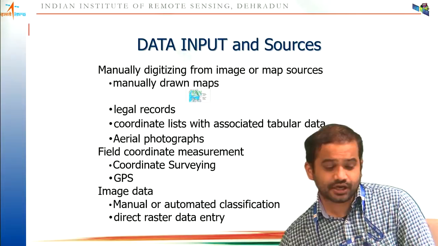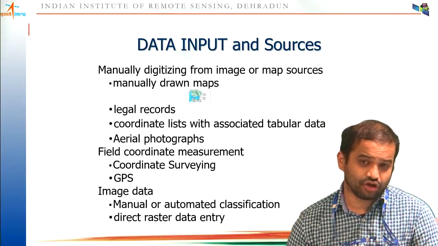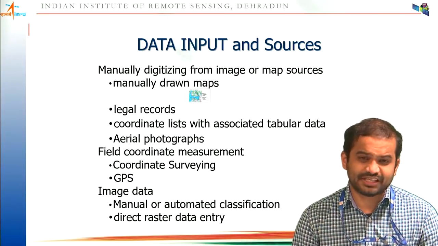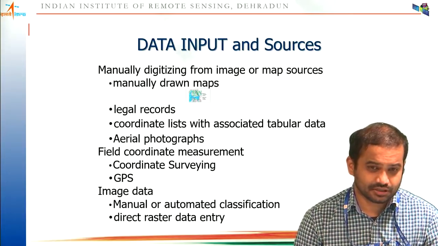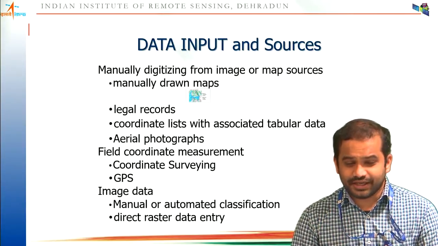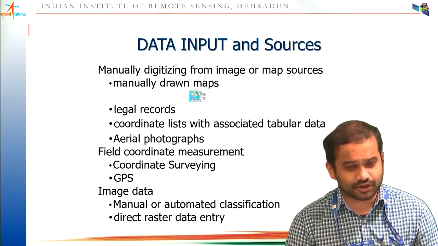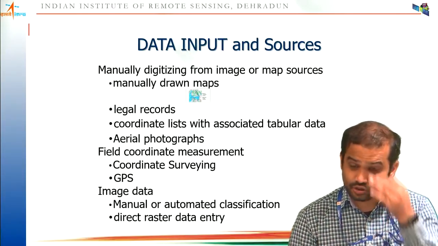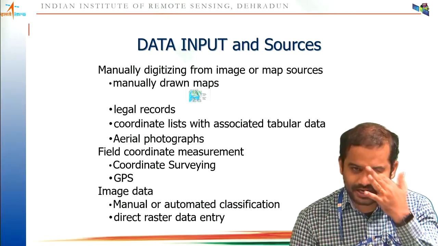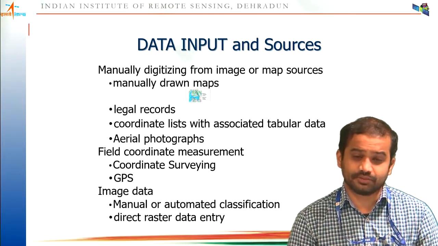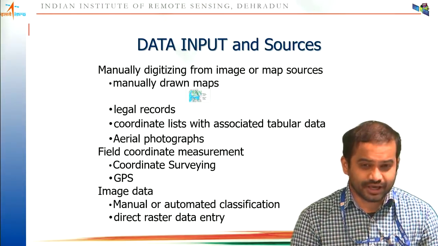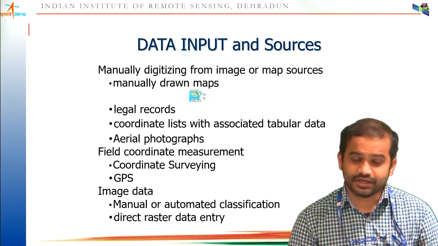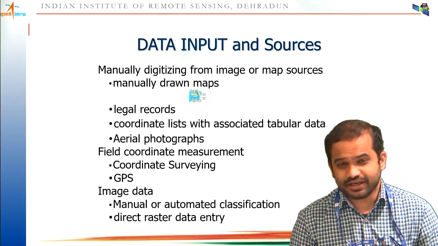Another way is image data. When I say image here, I'm talking about digital images. You can directly use those images, but the only problem with images is that they have DN values, right? That DN value doesn't tell you about the actual feature. In maps we are mapping features like buildings, roads, or land use, land cover, and that information is not directly coming from the satellite. The satellite only gives you a digital number or the reflectance value, and from there there is a process called classification. Basically you assign each pixel a class, or in our case a feature type.